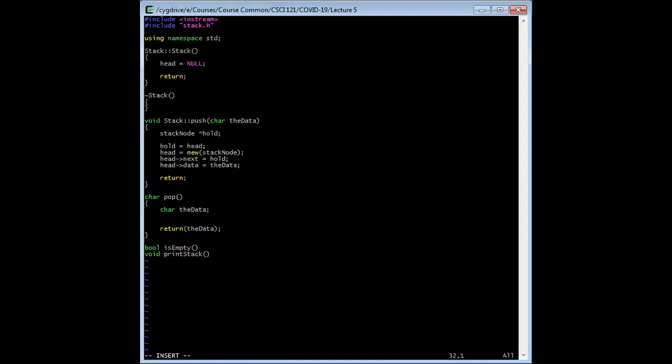And I also had a stack node temp. So stack node star temp, and this is to hold the memory that's pointed to at the top of the stack so that we can delete it later. Okay, and in fact, I could initialize this right now to head, and that will work. First thing we're going to do is check to see if head, not stack head now, I've changed the name because I'm using the name of the private data inside the class. So if that is equal to null,